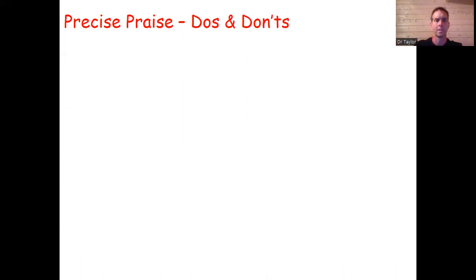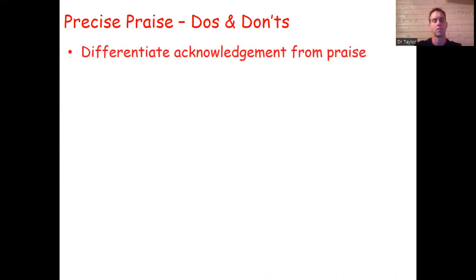Precise praise is a little bit different, and really is trying to differentiate acknowledgement from praise. So acknowledgement is where students are meeting our expectations, and in those instances we don't really attach the sort of value judgments of "well done, great job, you're coming in silently today," because the act of doing that gives a kind of surprise. I'm surprised that you've done it. The real praise comes for when students are surpassing, or consistently surpassing, what we want of them. So that's the difference between acknowledgement and praise.